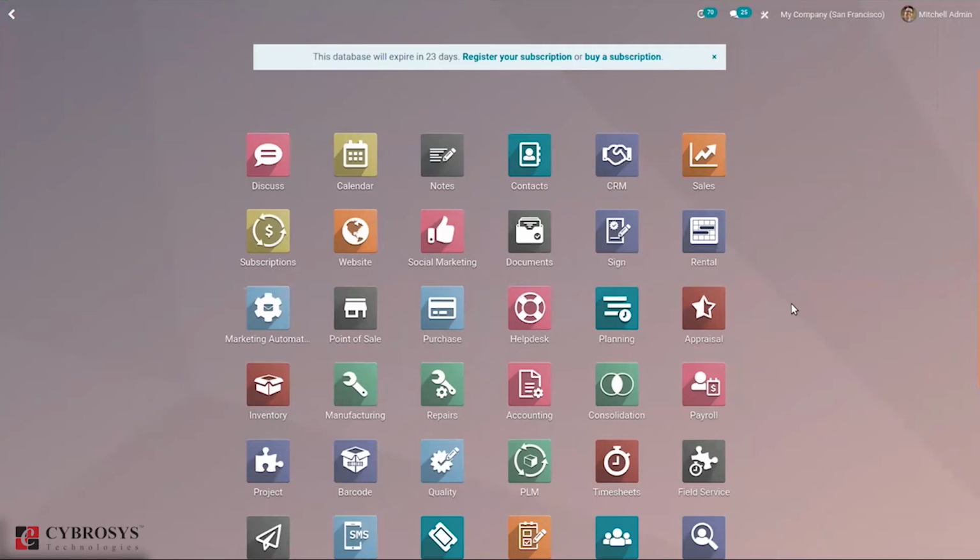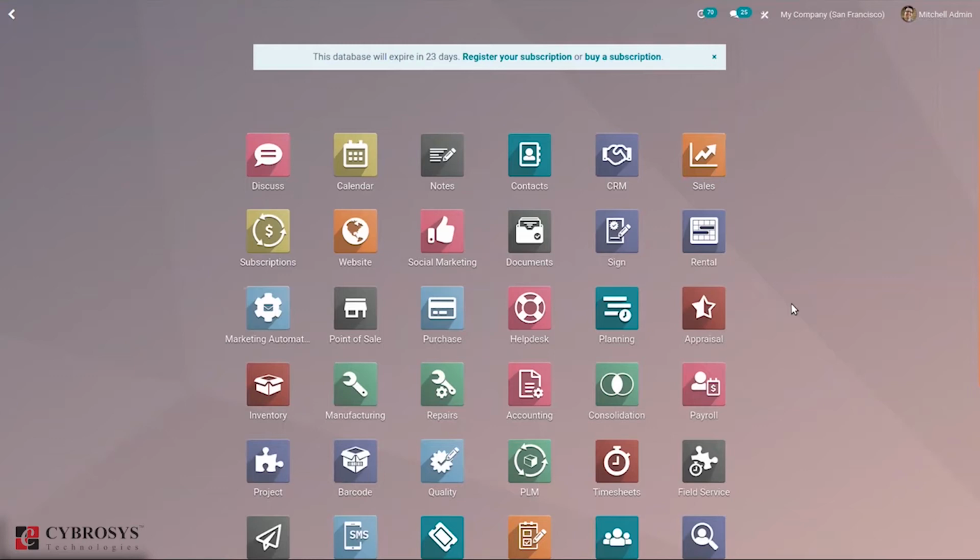So today we'll be discussing rental management in Odoo 14. The rental module is an application that can be used by any rental business. With the emergence of a large number of business firms, including manufacturing industries, subcontracting groups and others, the dependence on rented machinery and instruments is increasing day by day.